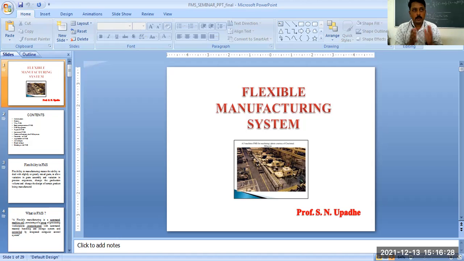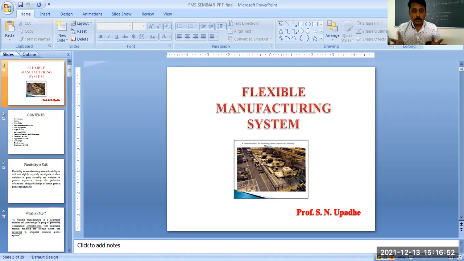Suppose you require 1 minute to manufacture a particular product, and for a few days, months or years you are using the same system, and then you realize that the manufacturing cycle time can be reduced by 10, 15 or 20 seconds.